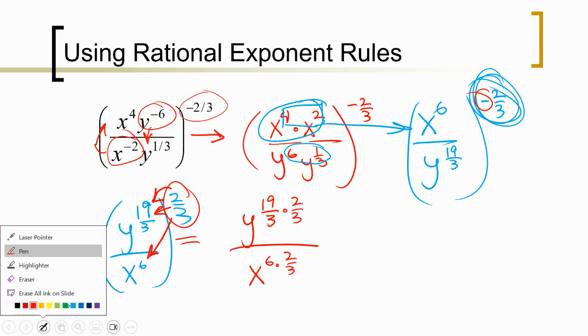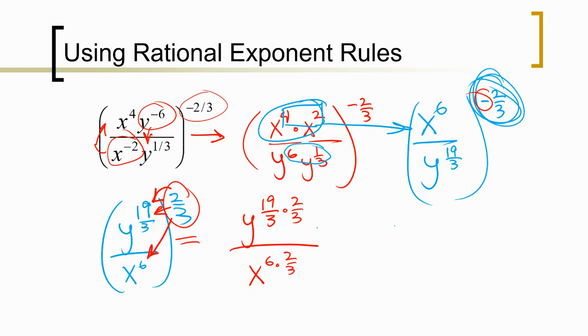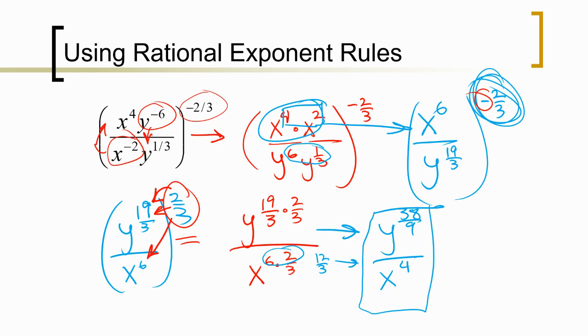And then we just have to simplify. So working this out, on the top is going to turn out to be y to the 38 over 9, divided by x to the, if I multiply this together, it's going to be 12 over 3. And just saving myself a step in rewriting, that's going to be x to the 4th. And that's as far as we're going to take that problem. You could rewrite the top one as an index if you wanted to, but we'll just leave it as a